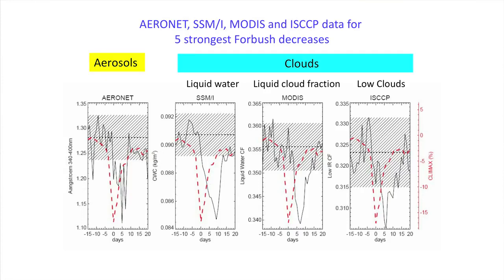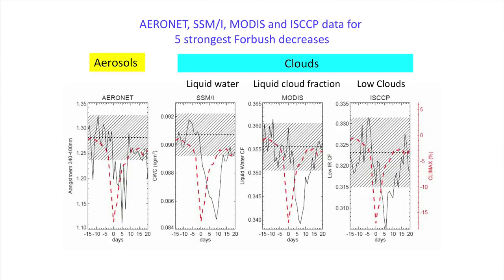And this is the figure that Nia also showed. The good thing is that we have these drops in the cosmic rays. Here you have day 0, you have 15 days before the minimum in the cosmic rays, and here you have 20 days after. And what we do is we take the 5 strongest Forbush decreases, and when these minima happen, you can say that it makes an experiment with the whole Earth. And by testing with all kinds of observational systems, we can then look for an effect in aerosols and clouds.